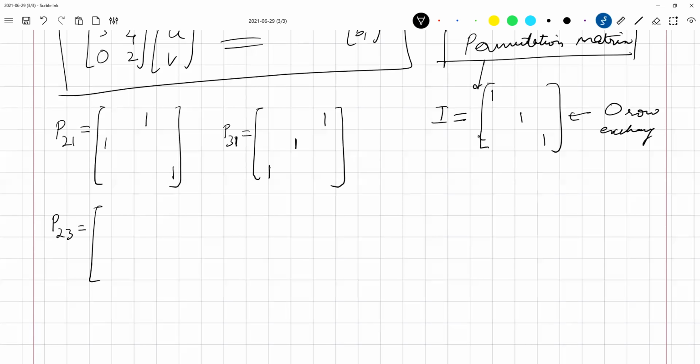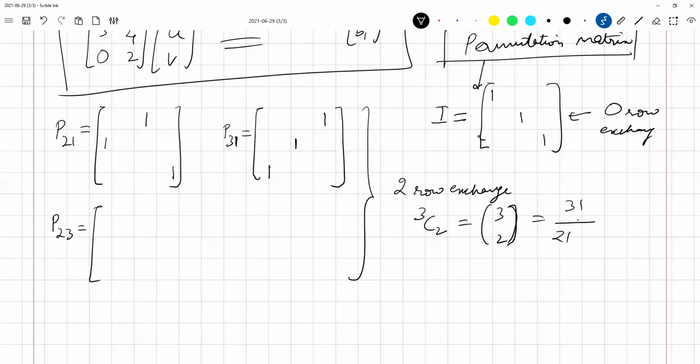Okay, so these 3 that I am just writing down, these are how many row exchanges? 2 row exchanges. Okay, so 2 row exchanges, how many combinations will you have? 3C2, or this is also 3 2, the same. 3 choose 2, this is going to be how much? 3 factorial divided by 2 factorial into 1 factorial. So three ways you can do that. So 2 1, 3 1 and 2 3.